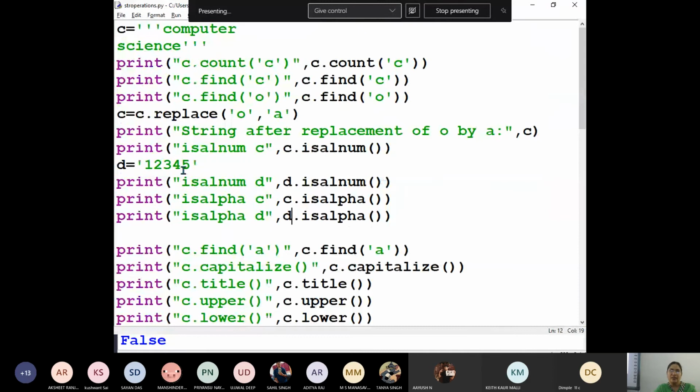Only alphabets are there. If C has a space also, or some special characters are there, so if it is only alphabets, then only this will be true, children.